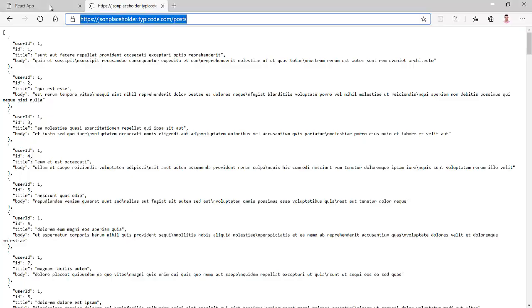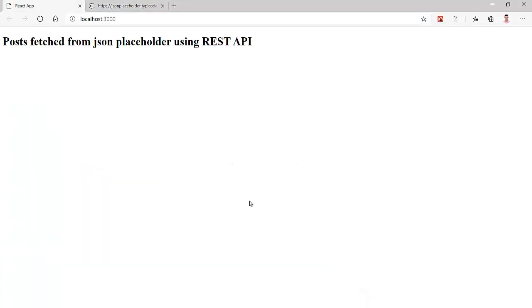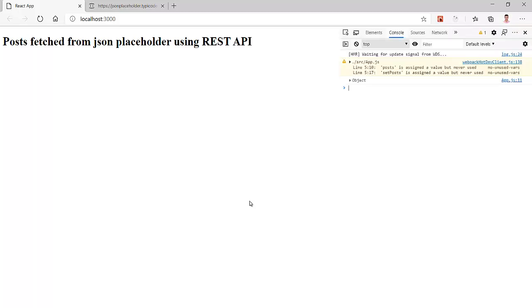So let's go to our React.js app here. Let me first pause the video. Now if we see our console, let's open the console here.